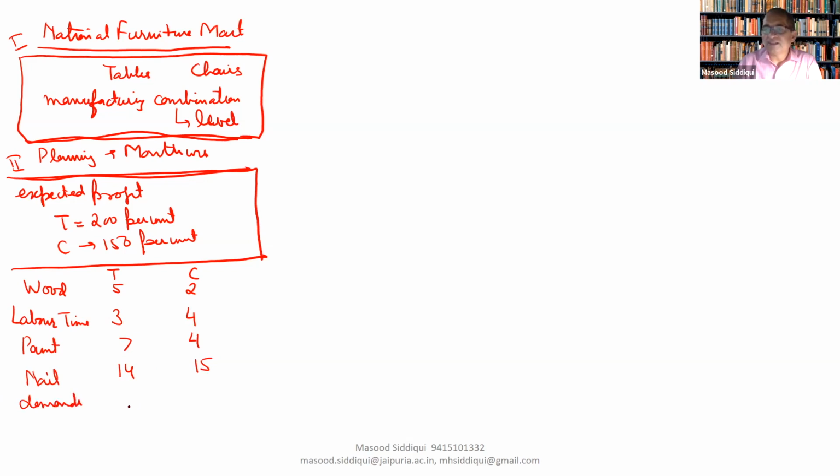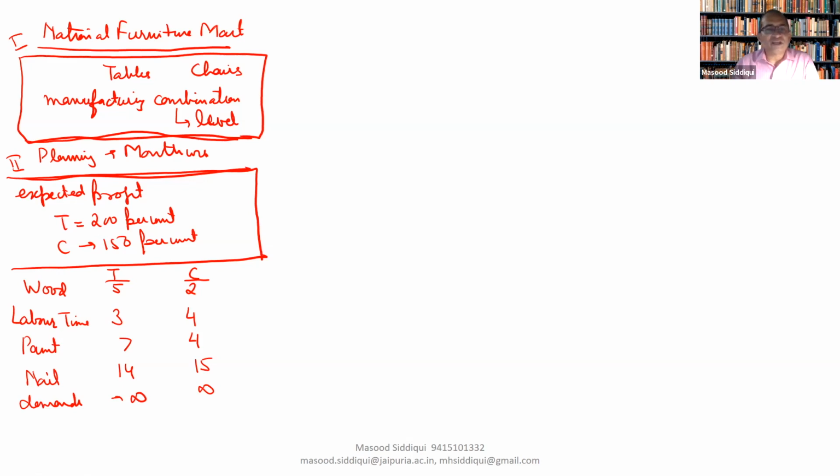Related to the demand, it has been given that there is infinite demand for both tables and chairs. What do we mean by infinite? It means whatever our production level is, all of it would be sold, because there is sufficient demand for tables and chairs. So if we produce the number of tables and chairs as per our limited production capacity, all would be sold. Right? So we termed it as demand.